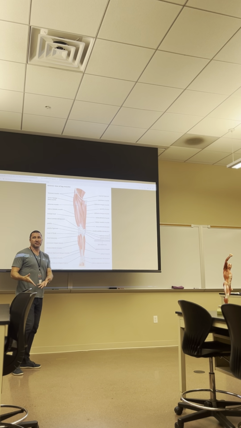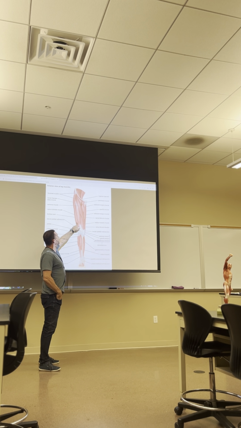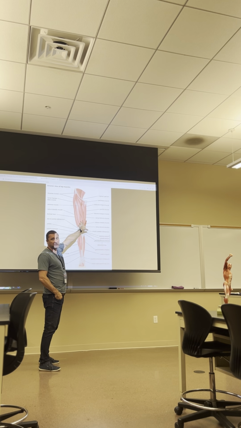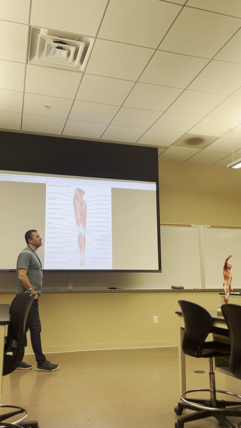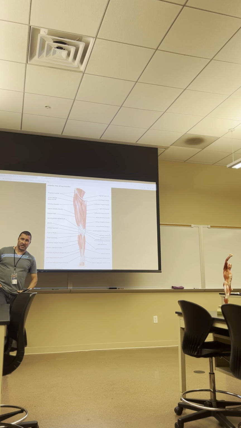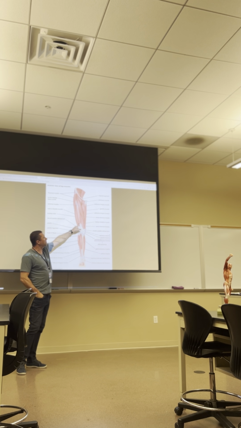So four-headed muscle, right? So we've got the vastus medialis, vastus lateralis, and then you can't see it, but deep underneath you have a muscle called the vastus intermedius, okay? So these three muscles extend the knee. That's knee extension, okay? The last one, the big daddy of the group, is this one right here, the rectus